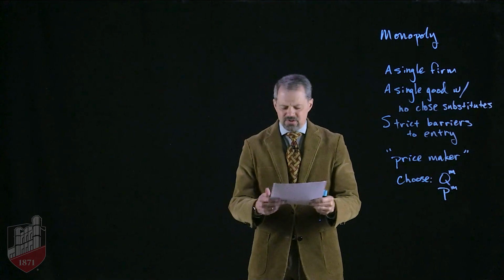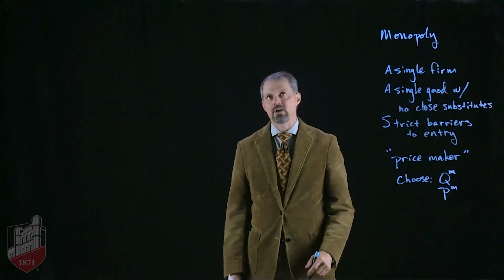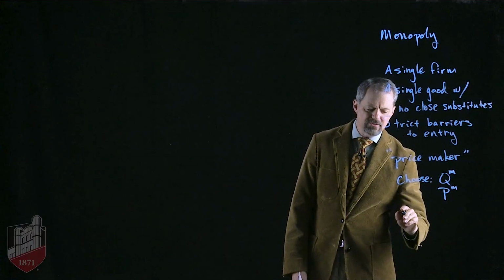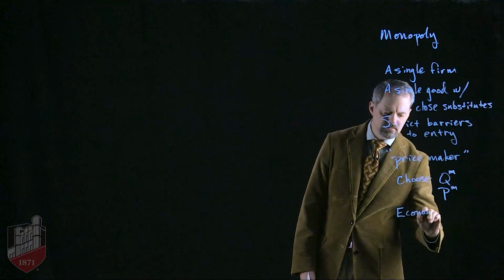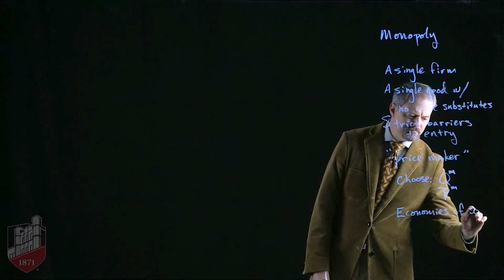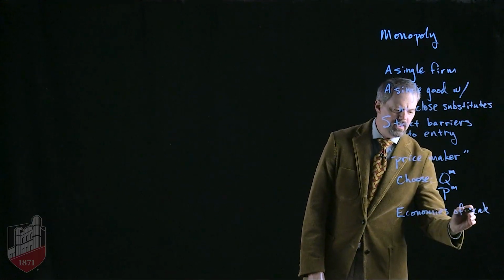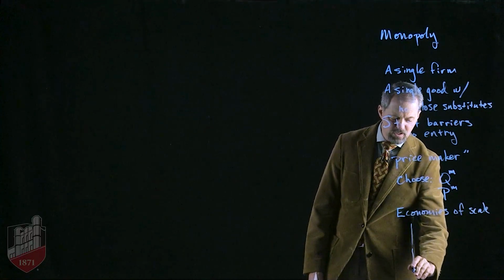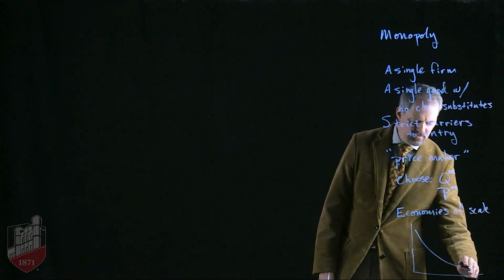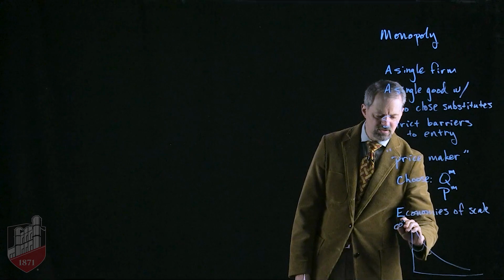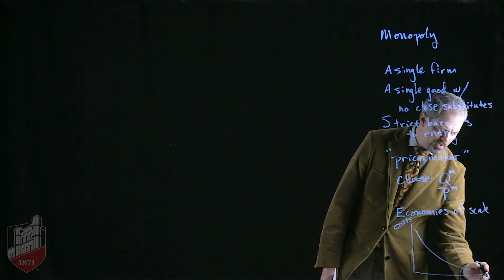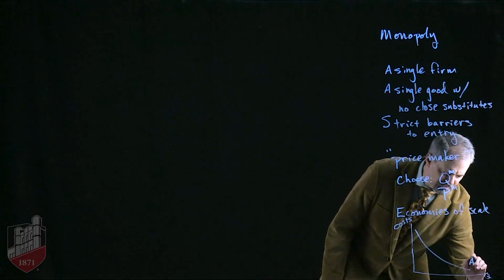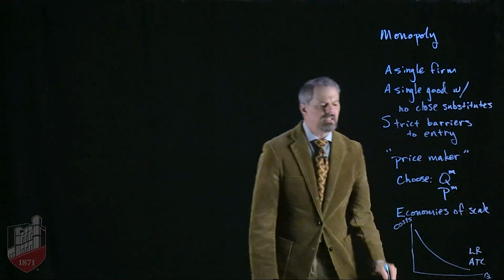Let's review the sources of barriers to entry. We talked in a previous video about the fact that one source of barriers to entry is economies of scale. And remember, that has to do with the shape of the average total cost curve. If the shape of the average total cost curve over the relevant range of production is declining, so this would be costs of production, and this would be the quantity produced in the market, Q. And if the average total cost curve, typically we're thinking about the long run average total cost curve, if it looks like that,